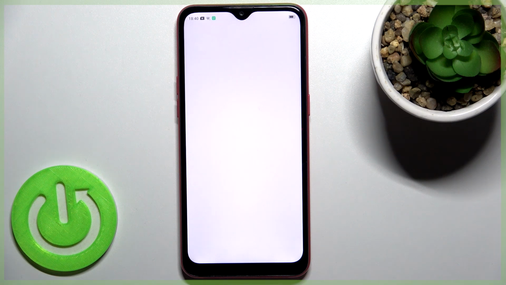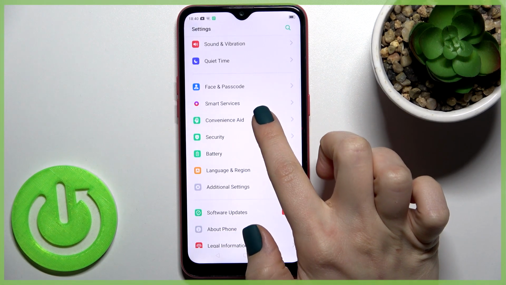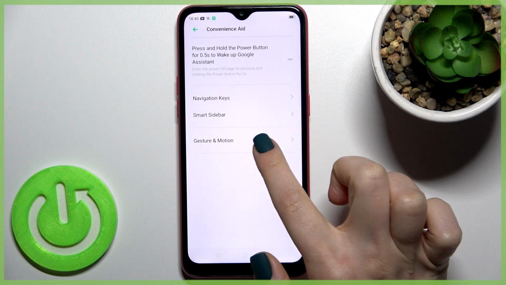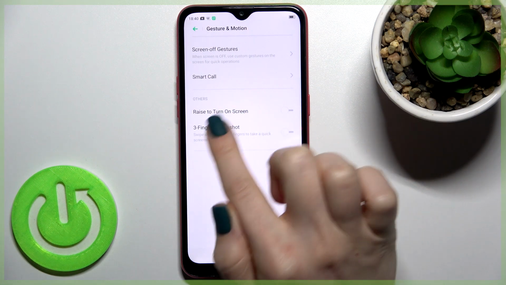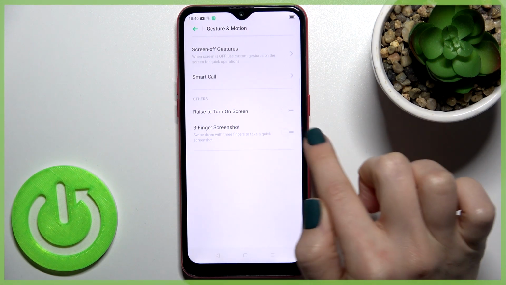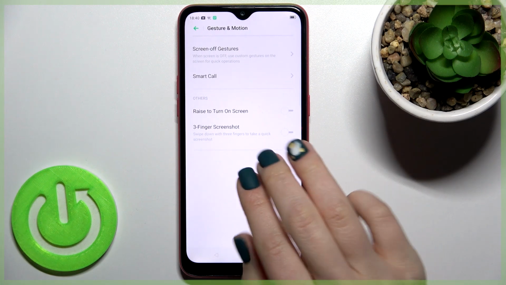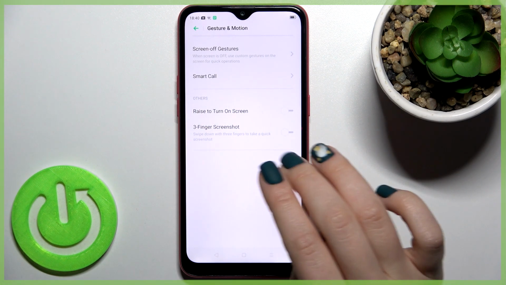So first you should go to the settings application and then scroll to the convenience section, just tap there, and now go to the gesture and motion. And here you'll see the 3-finger screenshot switcher. Just activate the function to take a screenshot with a swipe down with your 3 fingers at the same time,